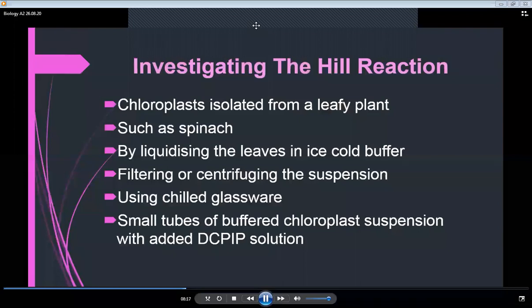Obviously, with the help of filtration we are going to take out the filtrate, but centrifuging the suspension is going to remove the unwanted debris. Okay, so either way can be used, either we can filter or we can centrifuge that chloroplast suspension. And remember that we have to